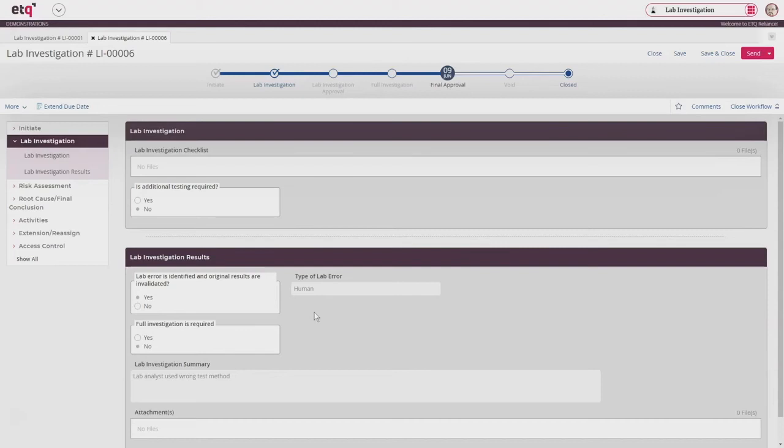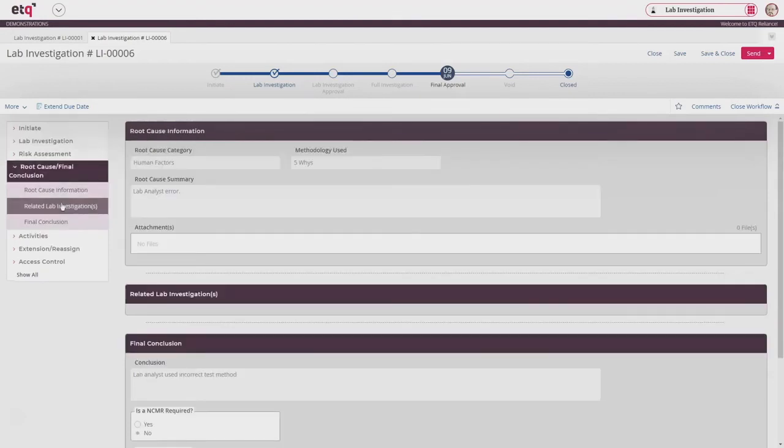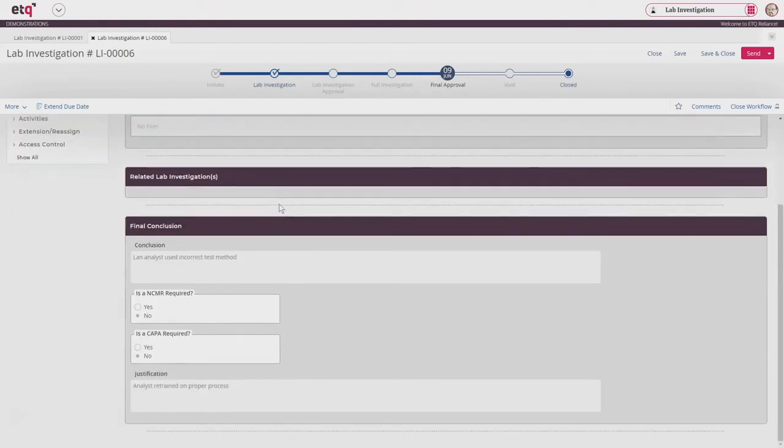related lab error, we're able to then skip immediately to the root cause final conclusion step, where you can identify, I should say, the root cause information. And just like we saw in the full investigation process, you can identify what the final conclusion is, and if you need to launch a non-conformance or a corrective action from this lab investigation record that was launched, but was determined to be a lab error